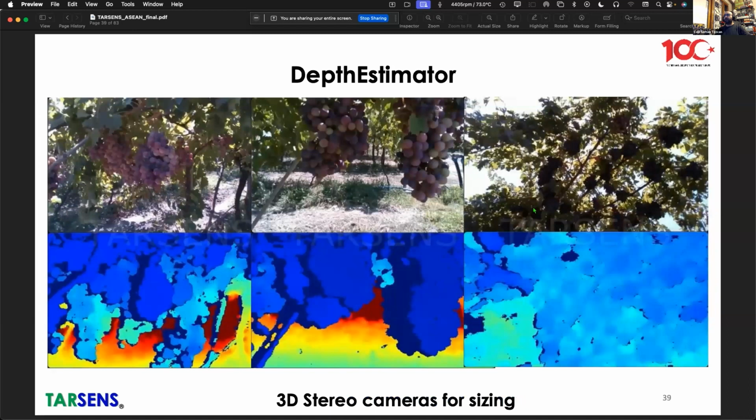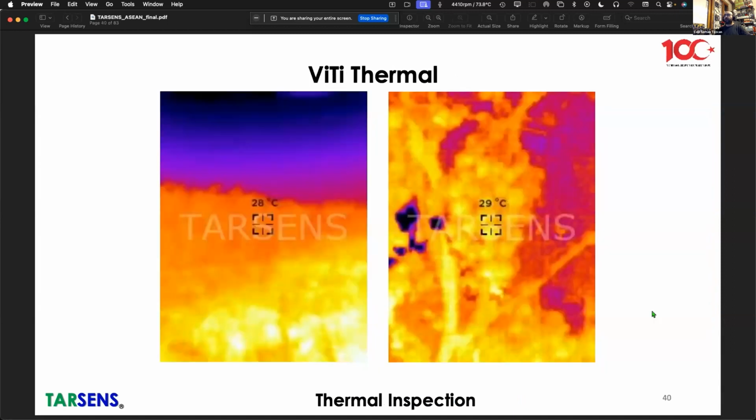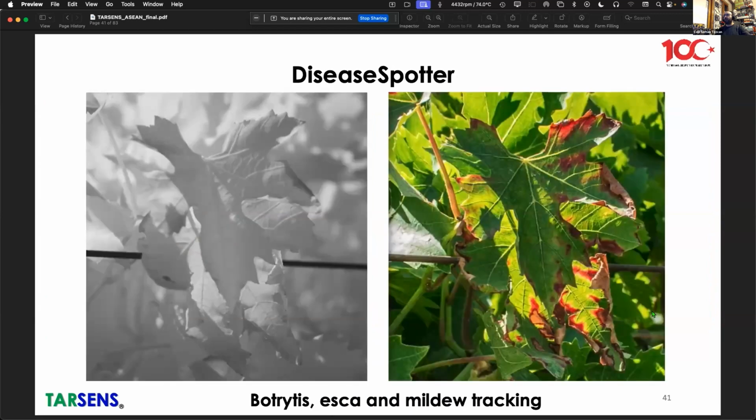And in parallel with that technology, we also have developed a depth estimator, sizing grape bunches, thermal inspection of the vineyards and orchards for heat stress, drought, etc. And also we have developed a disease spotter system for botrytis, esca, and mildew tracking, that mildew mostly caused by humidity